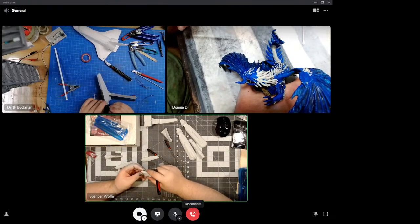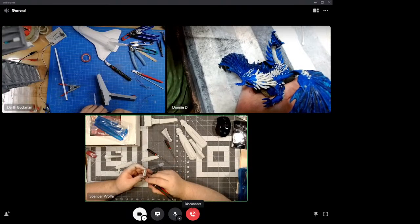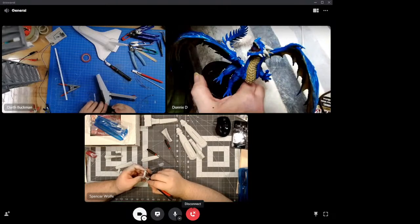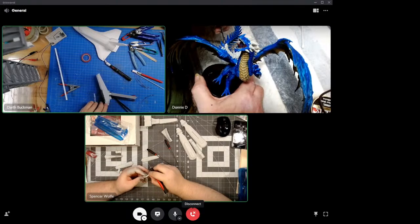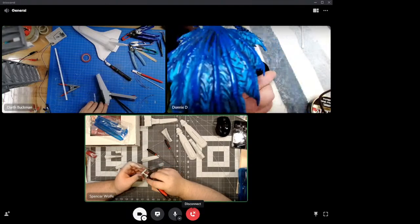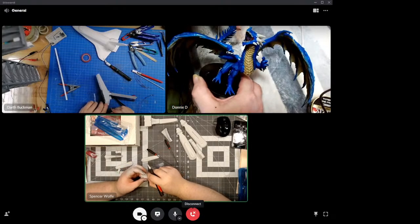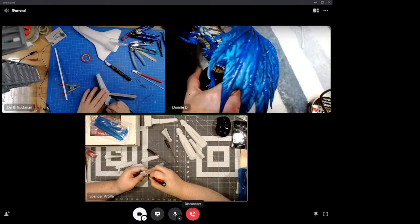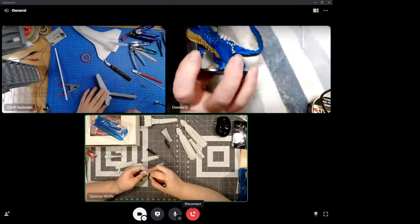Can I make a prediction? I think a 1,000 scale Enterprise D from Round 2 is probably going to happen. I think it's going to happen. That would be awesome. I could be wrong, because I'm waiting on the Voyager, and I've seen a couple preview builds of it. And the way they've done the clear plastic this time, I think might lend itself to bigger scale things being molded in clear,